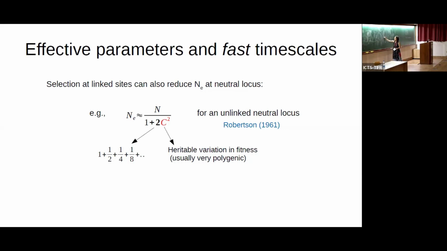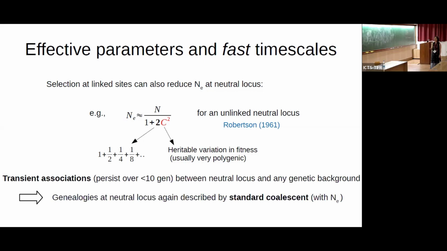Because if you find yourself on a fit background, you'll stay on the fit background for a while before you get transferred by recombination and find yourself in a different background. But also in this case, as long as these associations between the neutral locus and any background are transient, genealogies at the neutral locus are again described by standard theory, the standard coalescent. It's worth saying that